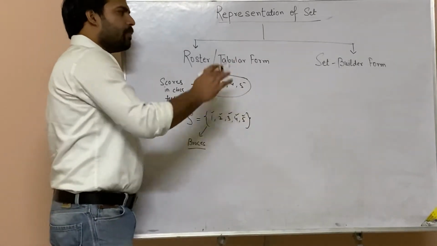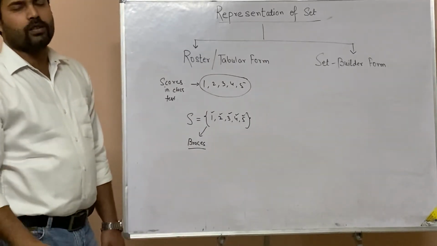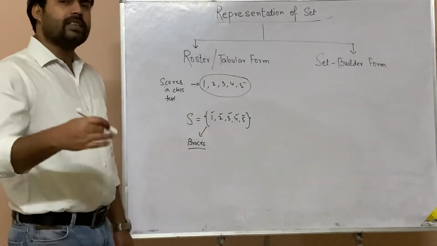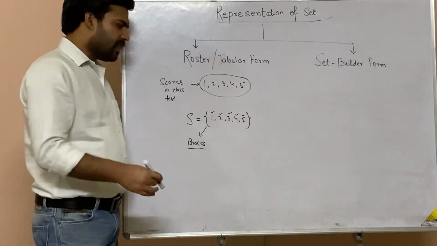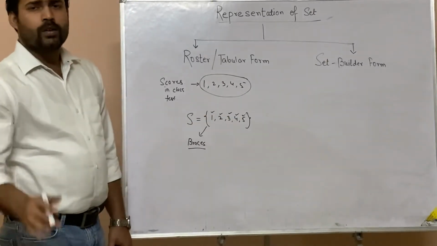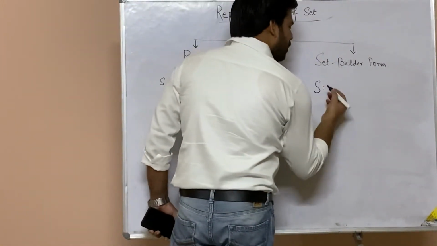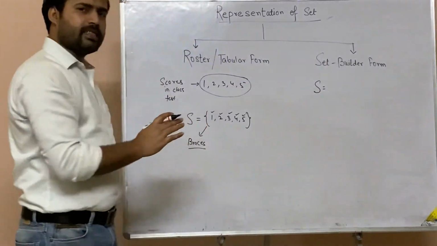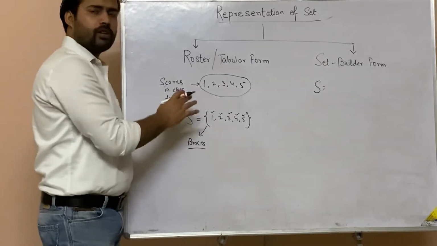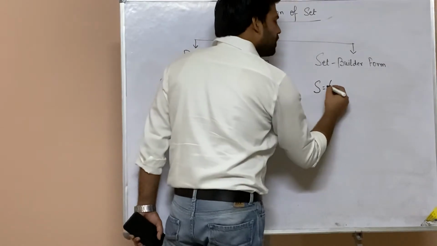In case of a set builder form, you will try to make out a story of it. Think about what mathematical statement can I use whose result will give me numbers 1 to 5. Now there are n number of ways to do so. One of the simplest ways I can show you, suppose the set I am taking is S. The name of the set is written in the same manner, whether it is roster or set builder. The name of the set should always be a capital letter. Then I will put an equal to, and then you will open the braces.